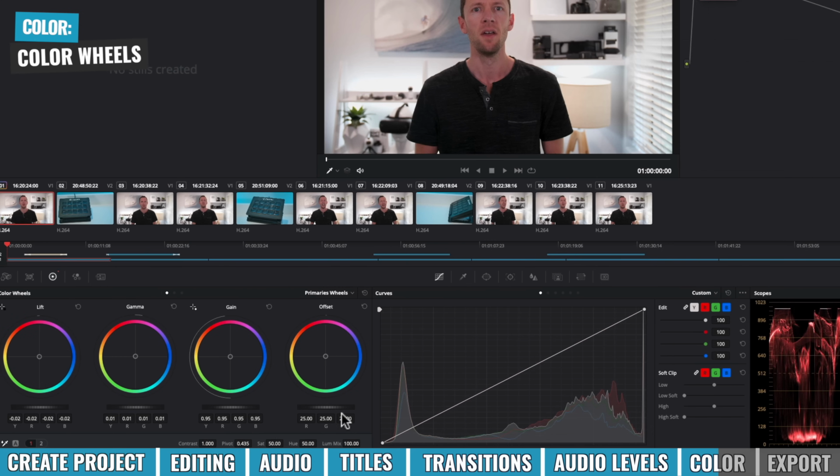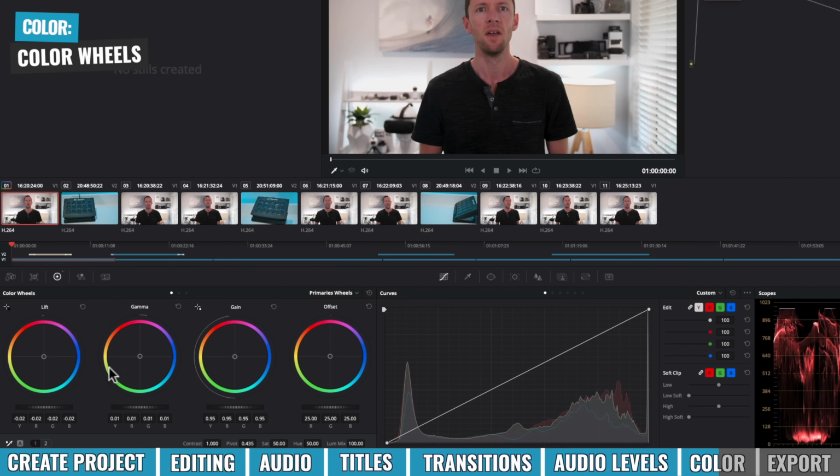So we've done the dark areas, we've done the bright areas. Next, we're going to look at the mid-range colors and your skin tones. And once again, we're going to grab that slider down the bottom and adjust it to where we would like it. Now to tweak and adjust the colors even more in your shots,